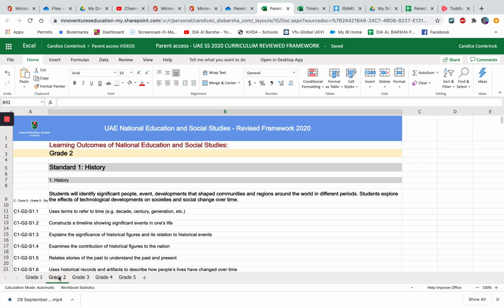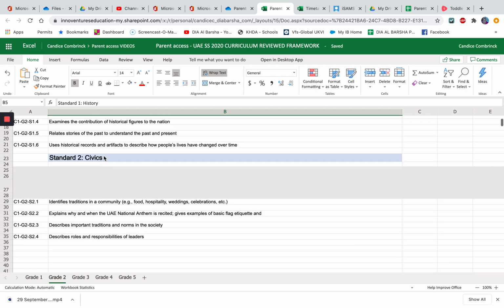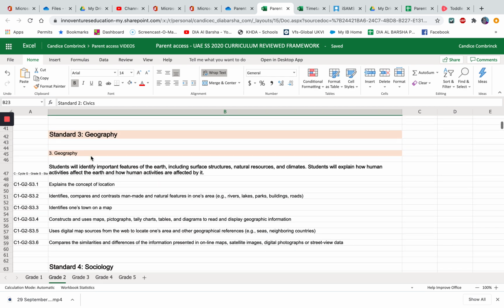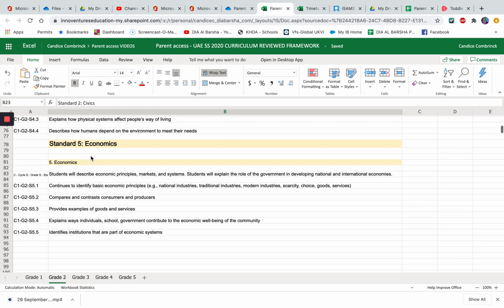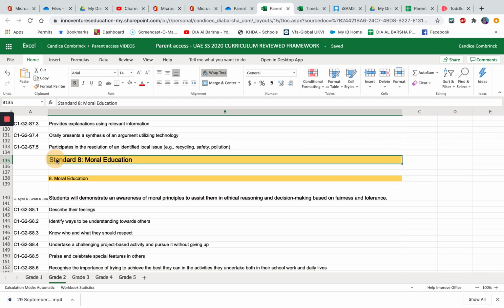If I take a look at our grade 2s, for example, every grade has a topic: history, civics, the geography of the country, sociology, economics, and Standard 8 is always a touch on moral education. Although they want to see it separately on our timetable for an hour, they have requested for schools to integrate this into their current curriculum.